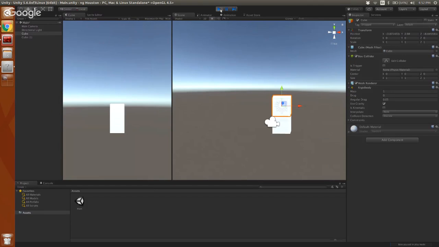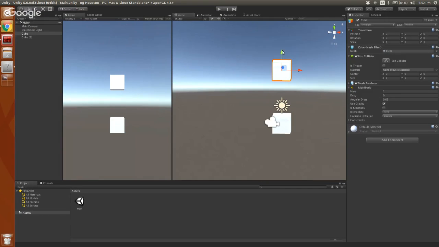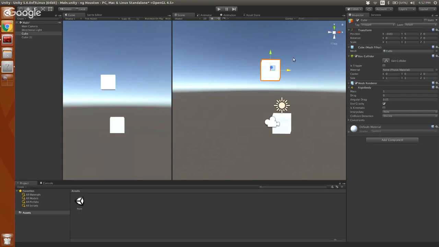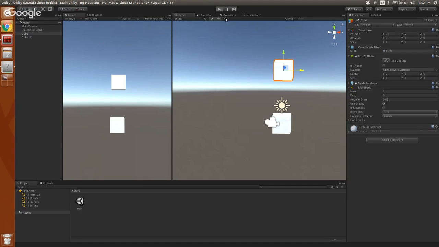Now that's fine, that's plenty interesting. But if we move it over just a little bit, we can now see some more interesting physics as it falls and falls away. So the physical properties of these cubes interacting are all taken care of by the engine. Obviously, I didn't write any code to do this, but there's a really powerful bunch of options for defining how things interact.